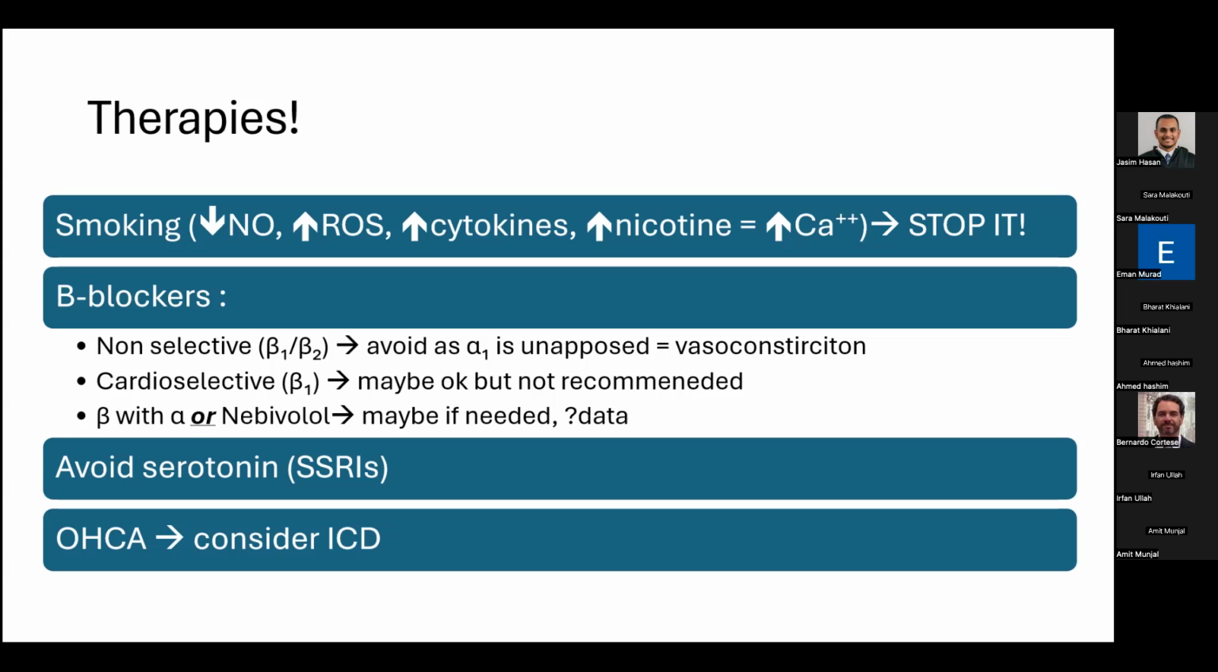Serotonin, we try to avoid it. Again, it's the pathophysiology here. I don't know if there is any data around that, but we know that serotonin will cause vasoconstriction. So we tend to avoid SSRIs, and we ask the psychiatrist to put another medication for depression. And the last thing is if there is a hospital cardiac arrest,